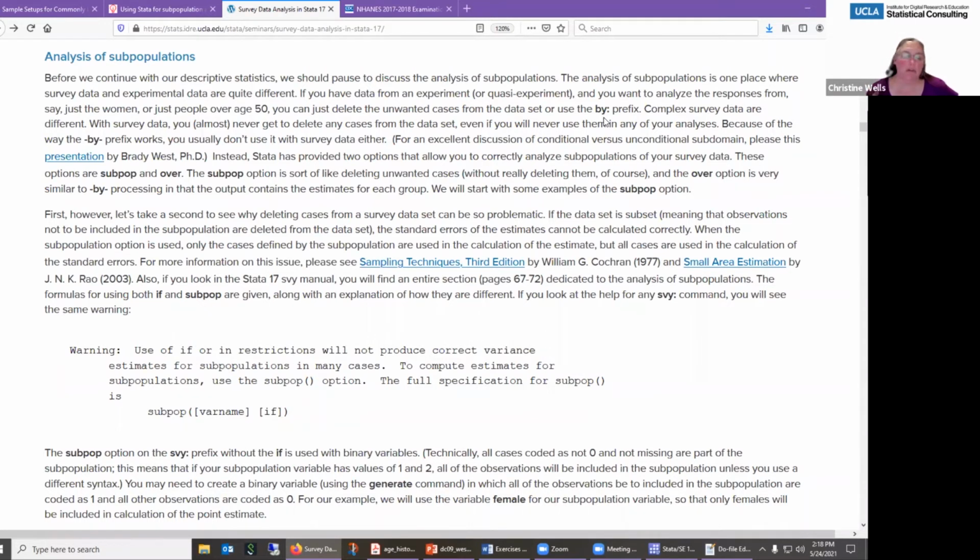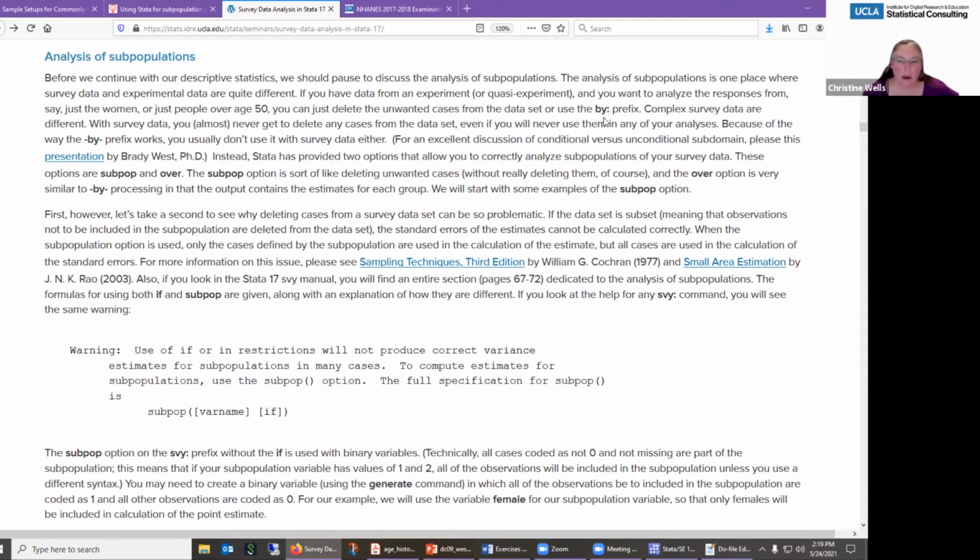So for example, if I have a 3-level variable coded 1, 2, 3, and I'm getting the mean of age for group 1, group 2, and group 3, when I'm calculating the mean for group 1, I can't see the observations in 2 and 3. When I'm calculating the mean in group 2, I can't see 1 and 3. So you usually don't use by with the weighted data because, again, you're going to have a problem in calculating that